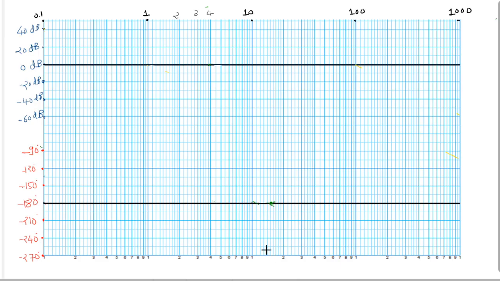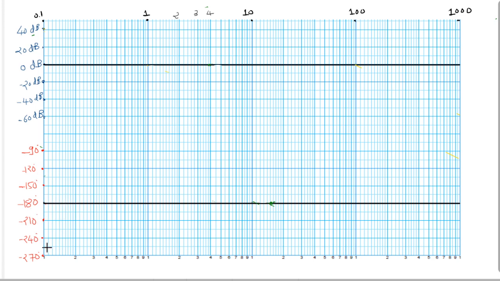Now, drawing the Bode plot. First of all, keep semi-log paper with you. Just basic information here: I am indicating this reference, minus 180 degrees. A Bode plot is a combined graph of magnitude and phase angle. So in the upper portion I am drawing the magnitude in decibels, and below, in red color, you can see the phase angle in degrees.